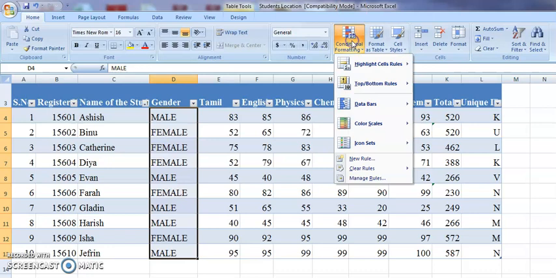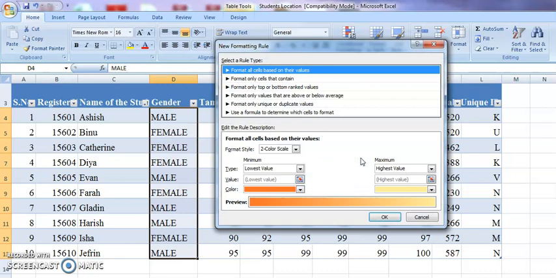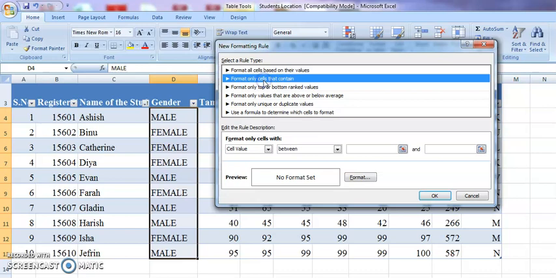Now again, I am moving back to conditional formatting. There is an option called as new rule. Just click the option. You can find out various rule types which are given over here. You can format all the cells based on some values which you are going to give, or you can format only certain cells which consists of certain given condition by you, or you can rank based on the ranked values. All this you can do, but according to our objective, the particular option which we want is format only cells that contains, and now you are going to edit the description.